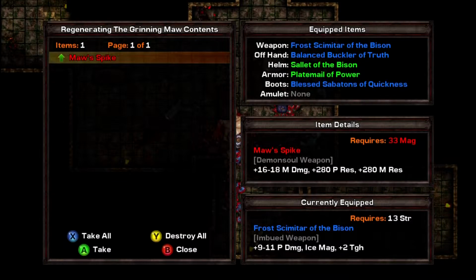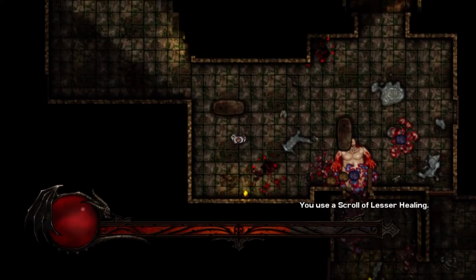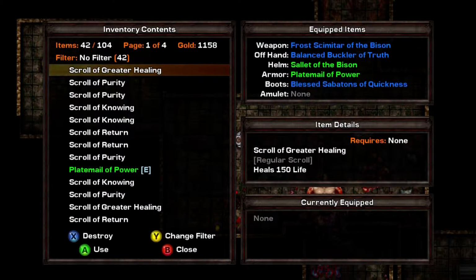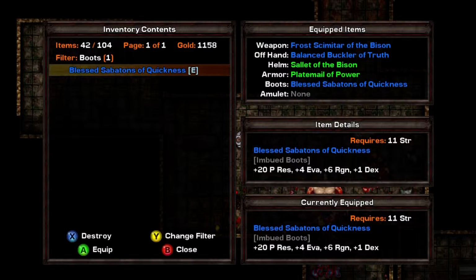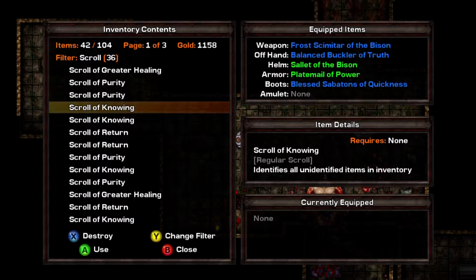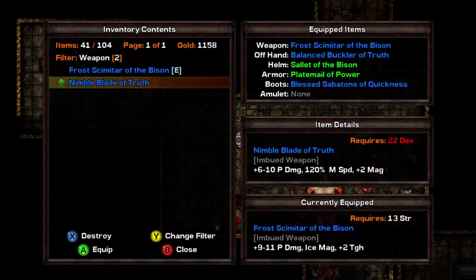I'll take the Scroll of Greater Healing. I think... Oh, oops, accidentally used the Scroll of Lesser Healing. Never mind, it's fine. Got us up to max. I think I will use a Scroll of Knowing to identify that sword. I know I don't usually use them to identify one blade, or one item, but I think I have several Scrolls of Knowing, so anyway, that's...